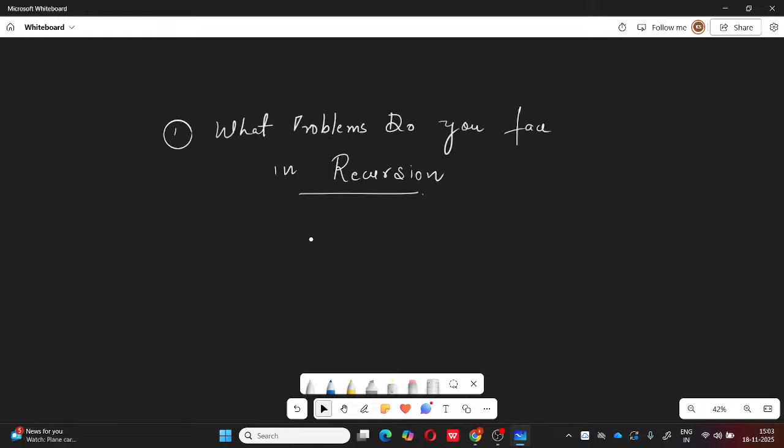So I would like to know first of all what problems you are facing currently. You can write in the chat box. That is how I will know about it. I'll try to answer those queries as well, right? So first of all, let's have a little bit of interaction with each other about what problems we're facing right now.